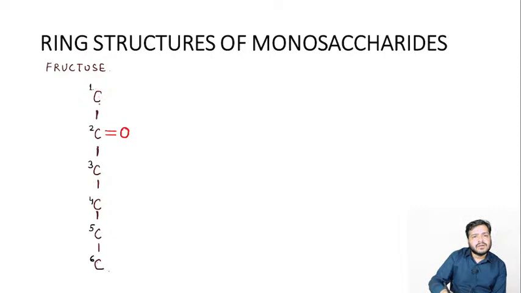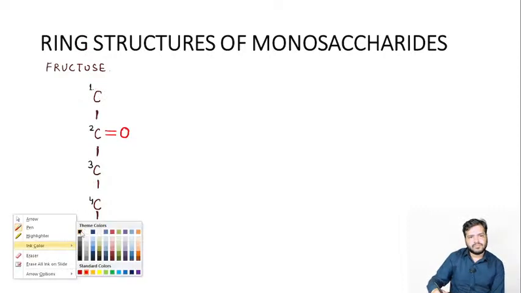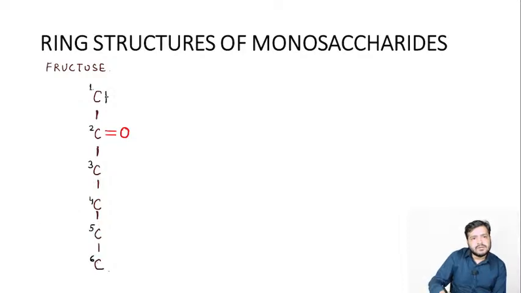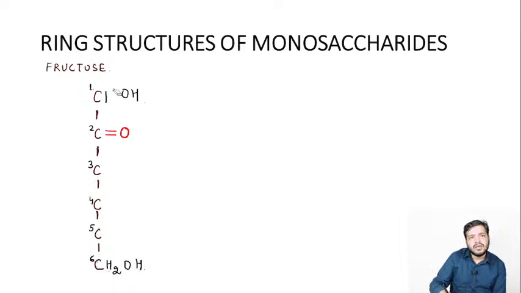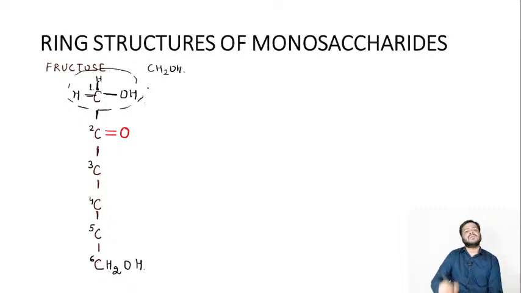Now remember that on the first carbon we have CH2OH, and on the last carbon also we have the same thing, that is CH2OH. अगर इसको ब्रेक करके दिखाना चाहते हो तो, CH2OH याद नहीं रहता है, तो आप सिंपल इस तरीके से OH लिखिए और यहाँ पर हाइड्रोजन और यहाँ पर हाइड्रोजन, कार्बन के चारों बॉन्ड्स आप फुलफिल कर सकते हैं। ओके, इसी को सिंपल वे में मैं CH2OH लिखता हूँ।